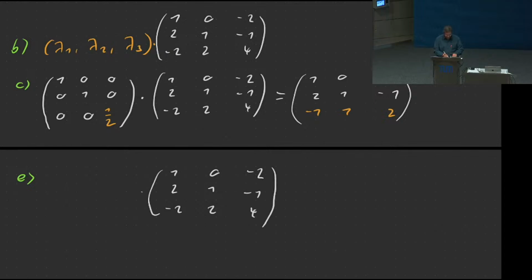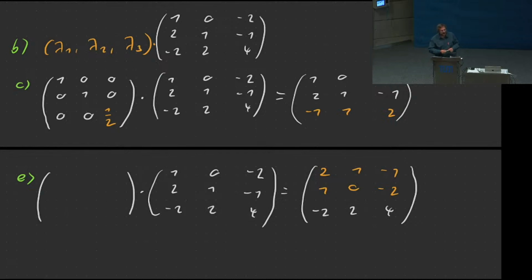So in E, what we want to do is swap the first and the second row. So the second row goes here, the first row goes here, and the third row is unmodified. And again, we're working on the rows, so we have to multiply our matrix A by something from the left. This something will have to be a 3x3 matrix, because otherwise the sizes of the outcome wouldn't work.